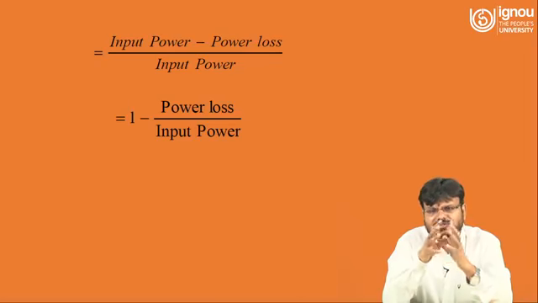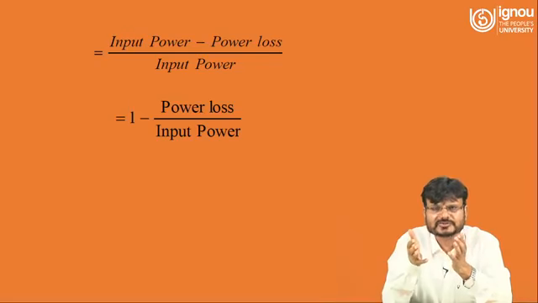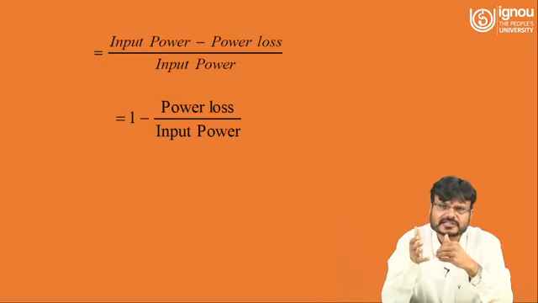As you know, the DC machine is basically a moving machine and the transformer is a static machine. So the efficiency of the transformer is more in comparison to the DC machine. The reason is what? Copper losses occur in both cases, in the transformer as well as in the DC motor. Eddy current losses and hysteresis losses also occur in the transformer and the DC motor, but windage losses and friction losses don't occur in the transformer, while in the DC motor they do.